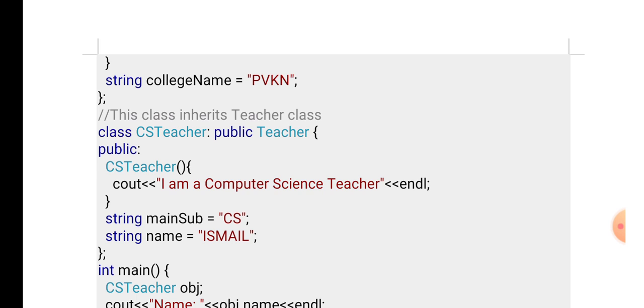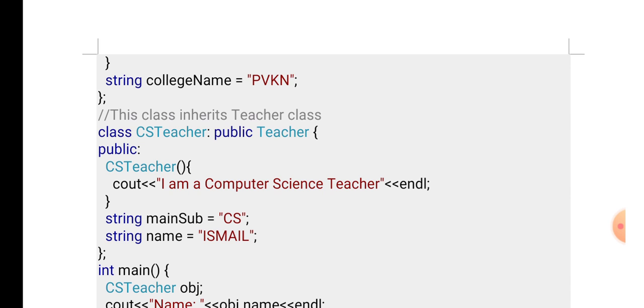Then you define CS teacher class which is derived from the teacher class. So here class CS teacher colon public teacher means colon indicates that you are implementing inheritance. In C++, inheritance is implemented with just a colon symbol and you are inheriting the teacher class publicly.